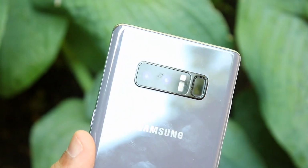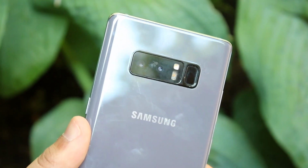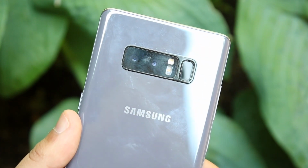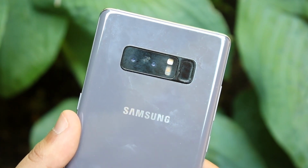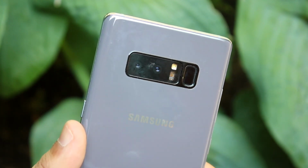You can do a lot more with that device with that S Pen, so that's another big thing to keep in mind. You have the micro SD card slot support in this phone as well, so that's huge, as well as IP certification, which is pretty surprising for a 2017 phone, which now costs much cheaper. And on the back you have that standard glass back with wireless charging, which is huge, and you have that